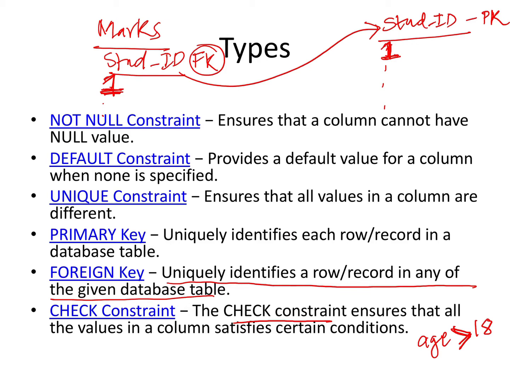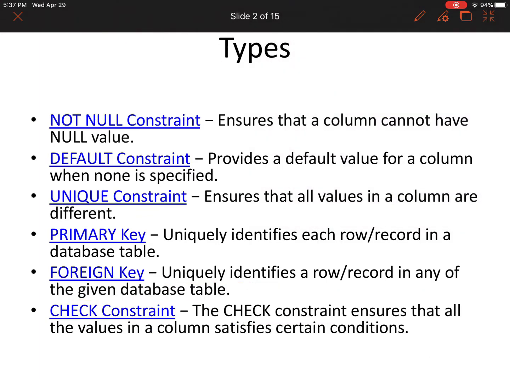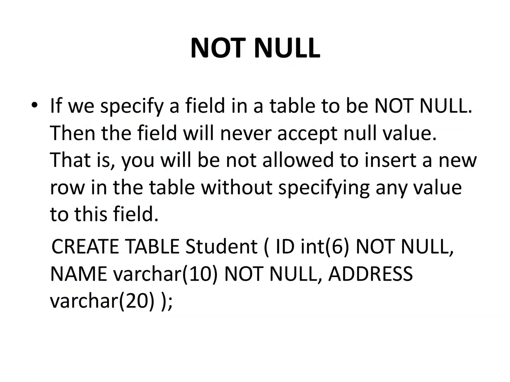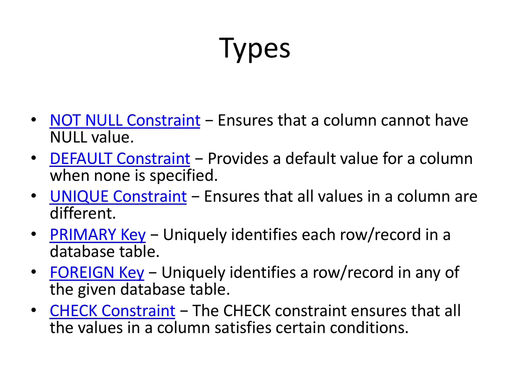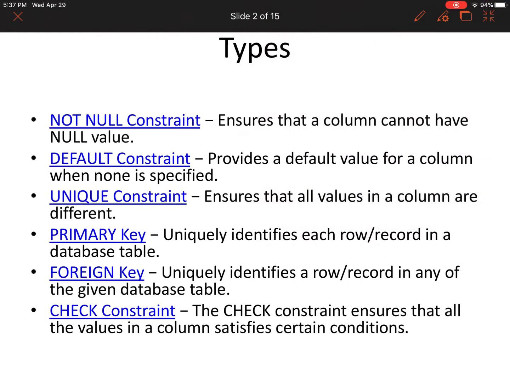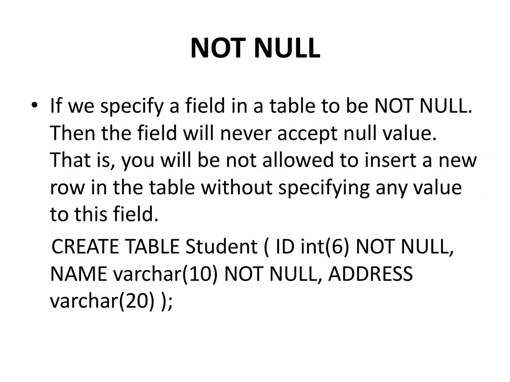So these are all the types of constraints that I can have. Let me just repeat it. There is the not null constraint, the default constraint, unique, primary key, foreign key, and check constraint. So there are 6 constraints that we are going to talk about. We will briefly introduce ourselves to these, and as I execute the commands in front of you, you will better understand the usability of all these commands. But for now, we'll just get introduced and know the meaning of them.